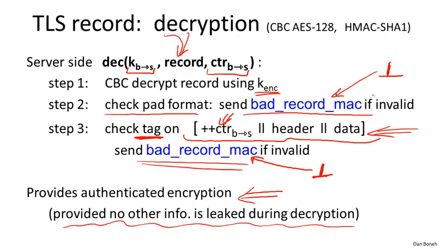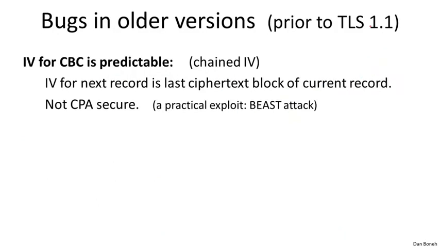And as long as there's no way to differentiate between why the ciphertext was rejected, in other words, the decryptor only exposes the fact that a rejection took place, but doesn't say why the rejection happened, this is in fact an authenticated encryption system. However, if you differentiate and expose why the ciphertext was rejected, whether it was because of a bad pad or because of a bad MAC, then it turns out there's a very cute attack, which we're going to see in the next segment.